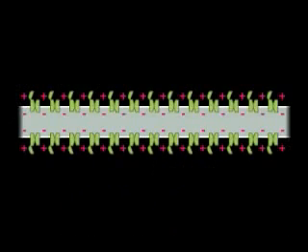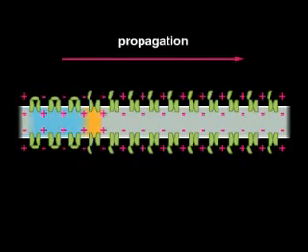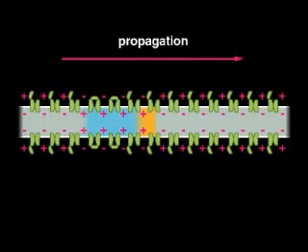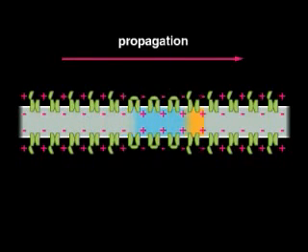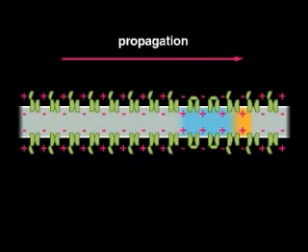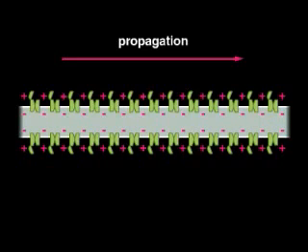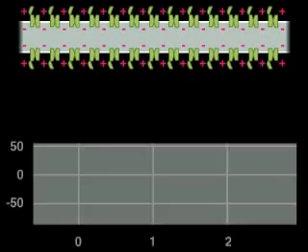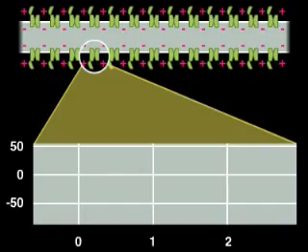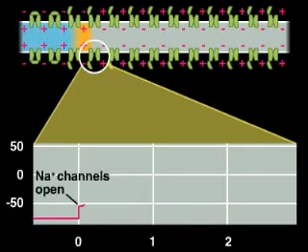The action potential is propagated along the length of the axon in only one direction. By examining the membrane potential and state of the sodium channels along a length of the axon, we can see why this is so. As a depolarizing stimulus reaches our section of the membrane, sodium channels open and current flows